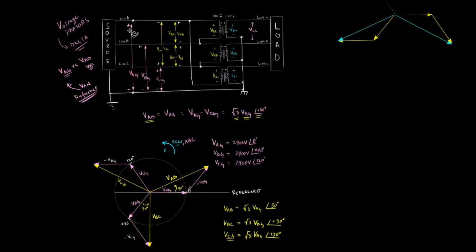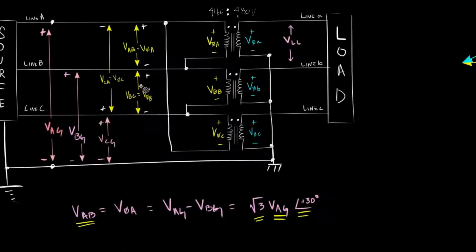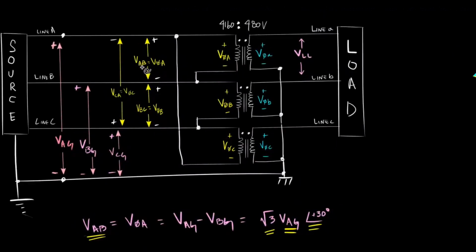VAG is a voltage across line A and ground. VBG is a voltage across line B and ground. And VCG, voltage across line C and ground. Okay, now notice that in part 6a, we said that the line-to-line voltage across line A and line B is